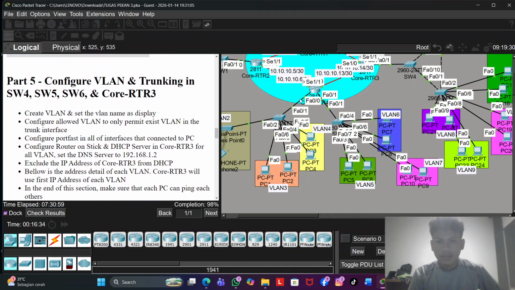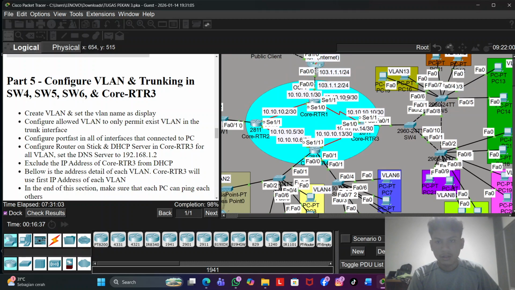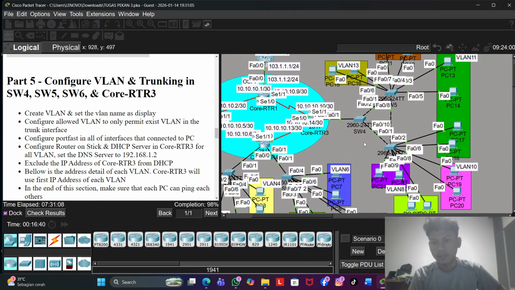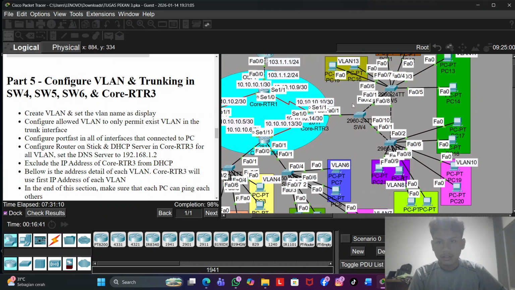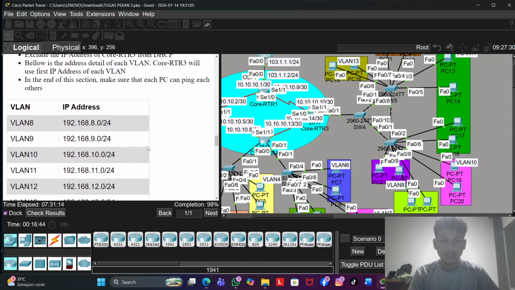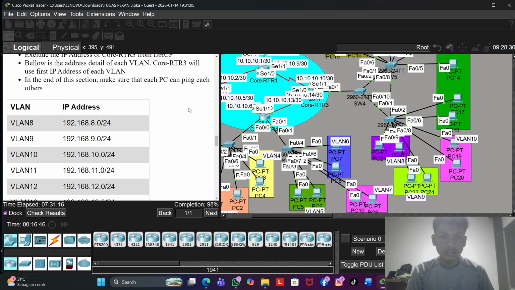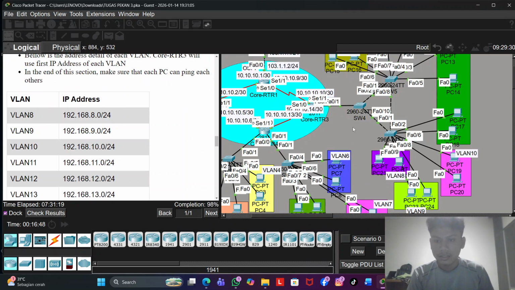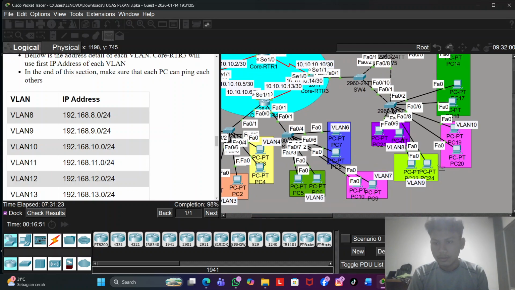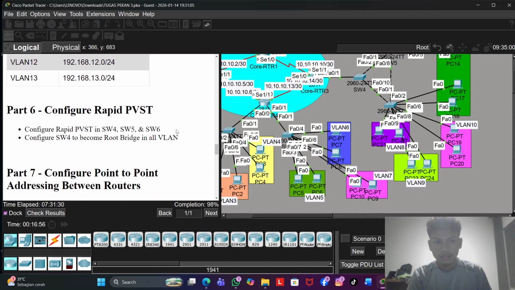Next, in the part 5 in core router 3, it's the right side of this Superlab. There is a lot of switches over here, and there's a lot of VLANs, of course. So without any further ado, let's check the ping from VLAN 9 to VLAN 10. So it's successful. It means done.